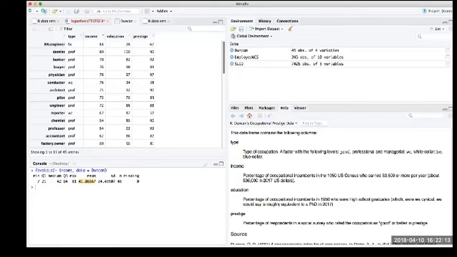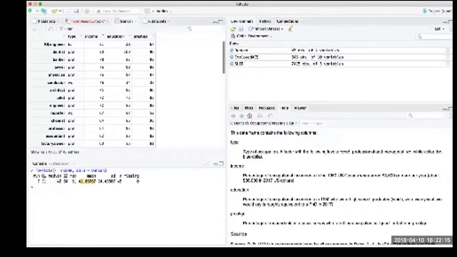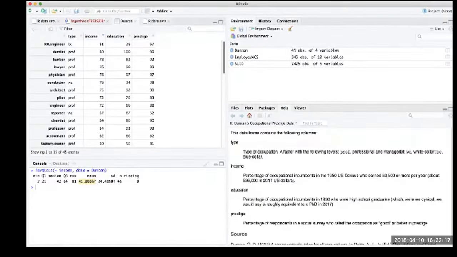About 42% of this sample earns more than $35,000 a year, or sorry, $3,500 per year. And that's an estimate that ranges from 7 to 64